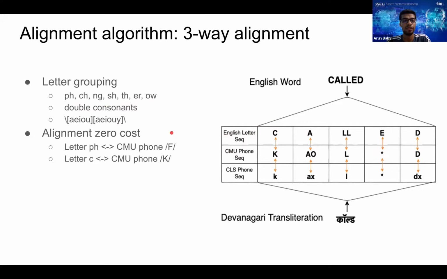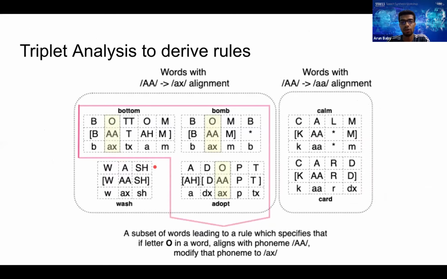Also for the alignment, we are using an LCS-based alignment. So here also there are some other extra heuristics that we used. For example, C and K: we know that the English letter C is directly mapped to K in the CMU phoneme set, which is also equivalent to small k in the CLS phoneme set. So this kind of heuristic has been used when you are finding the proper alignment. So basically, these kinds of equivalents have been considered as zero cost. So once I have all these triplets, so basically the letter sequence, the CMU phoneme sequence, and the CLS sequence,